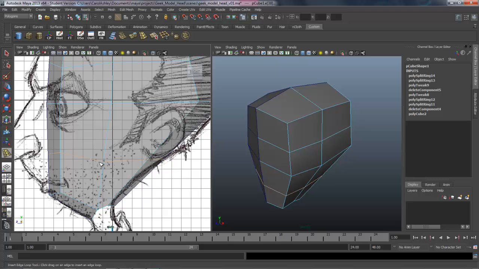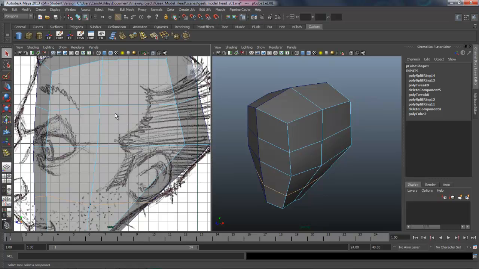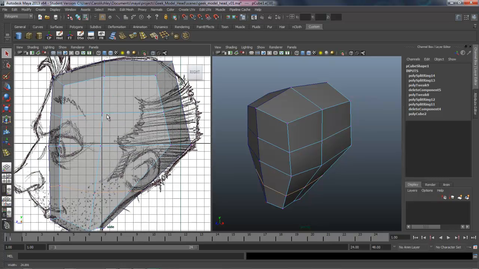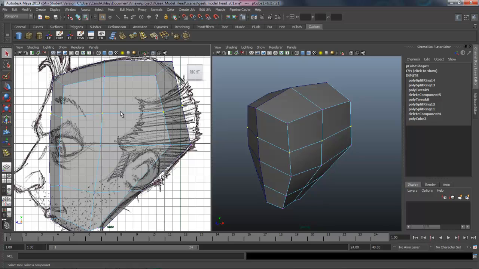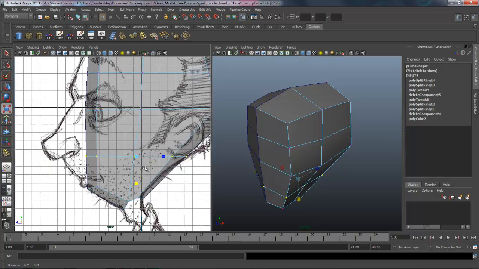Okay, so this has created a little bit of an edge flow that's not as desirable as we'd like. We'd like to keep it a little bit straighter. So I'm going to grab the vertices across here, hit R on the keyboard, and just level those out. That's just dragging the Y one down to the center, and that flattens everything out. Do the same thing here, flatten those out. And then we can kind of start fresh and move these around as we need.